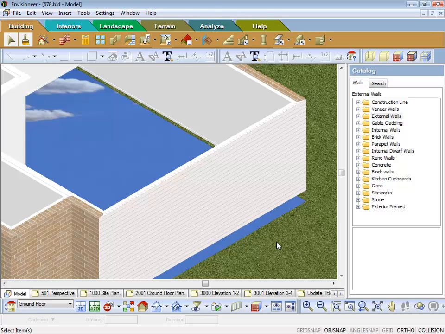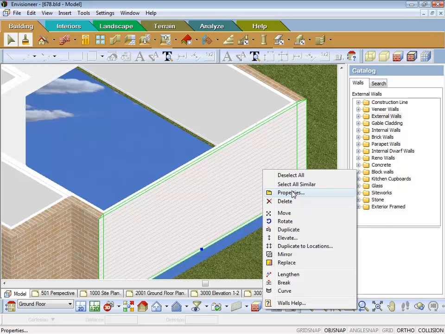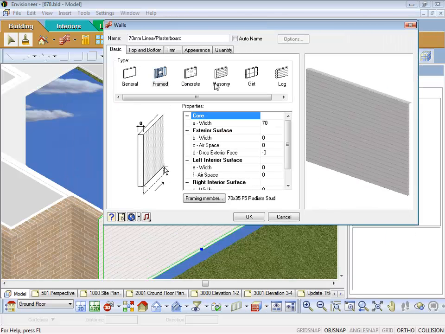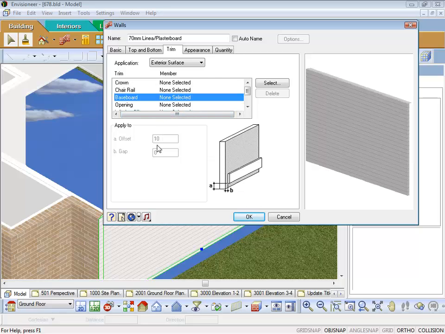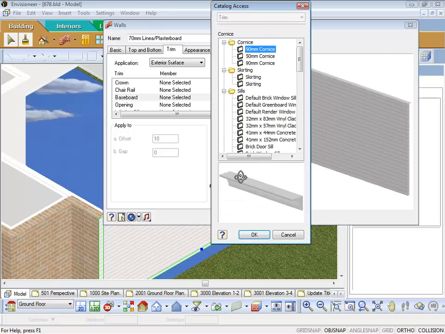Okay, so with this exterior wall, you'll notice that I haven't got it extended down to the ground, but I'm not worrying about that, because the functionality I want to show you with this wall is that some walls might have part of the cladding being, say, linear board, and part of the cladding being colour bond. Now to achieve this, you use trim. So if I go to the exterior surface of this wall, and let's say I want a baseboard, which is a skirting, and go select,